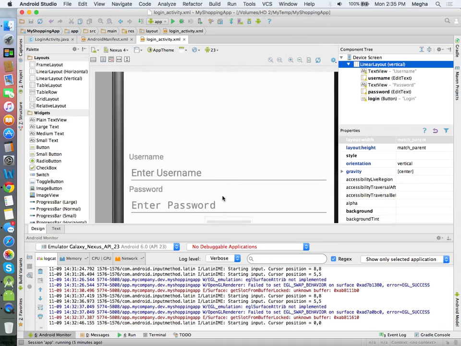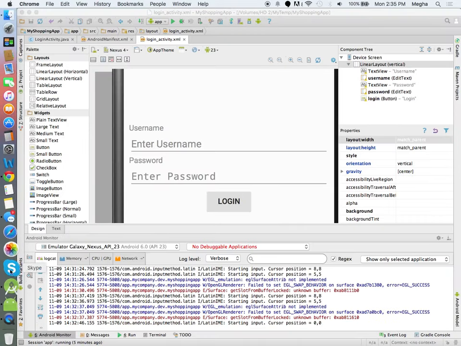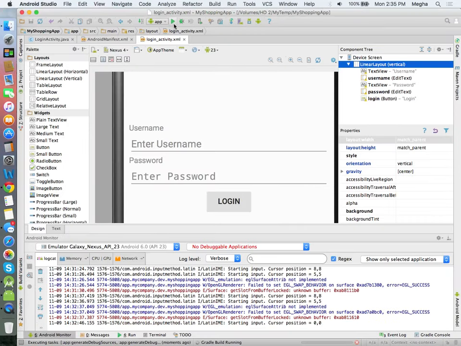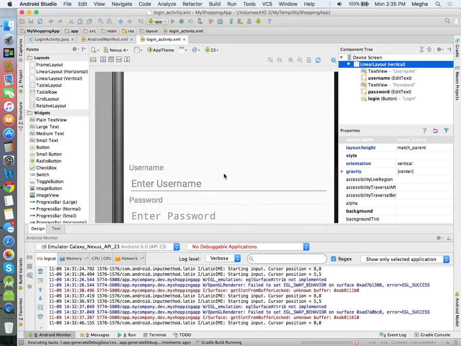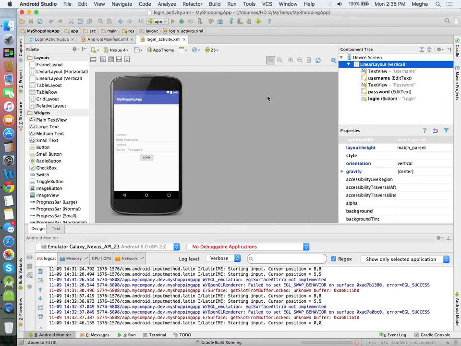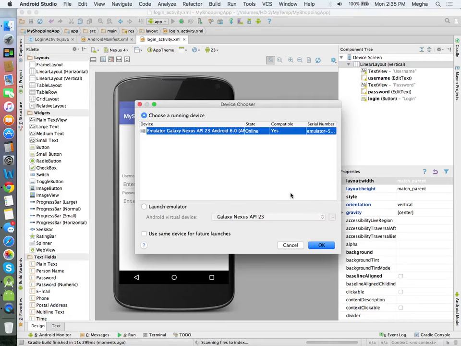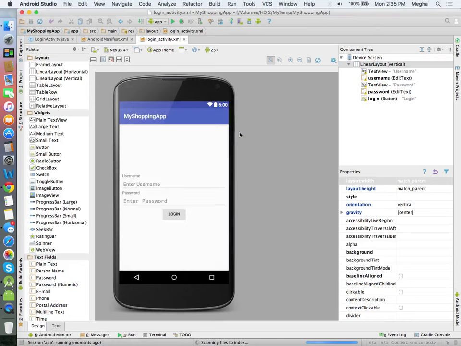So we have our login button here. Sorry. Okay. Let me run the code. So we have a username and password field and a login button ready, and it is there in the center.